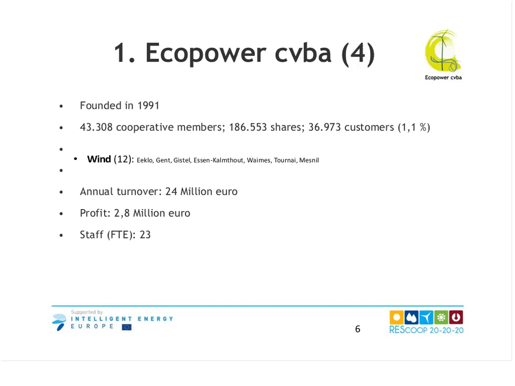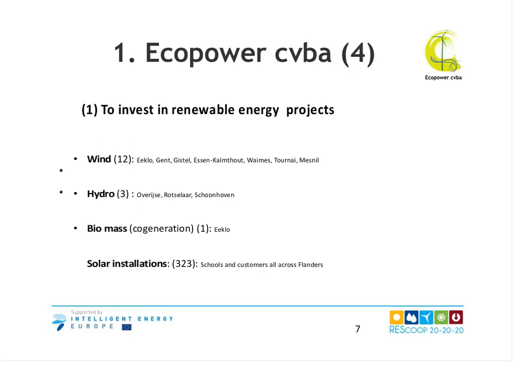So what do we do with the money our members provide to us? We invest in wind energy. We have about 12 large wind turbines spread all over Belgium. So we also invest in the French part of the country. We have some small hydropower installations. We invested in a small cogeneration plant on rapeseed oil, where the heat is distributed. And we have quite a lot of solar PV installations, mainly on schools and on the roofs of our members.